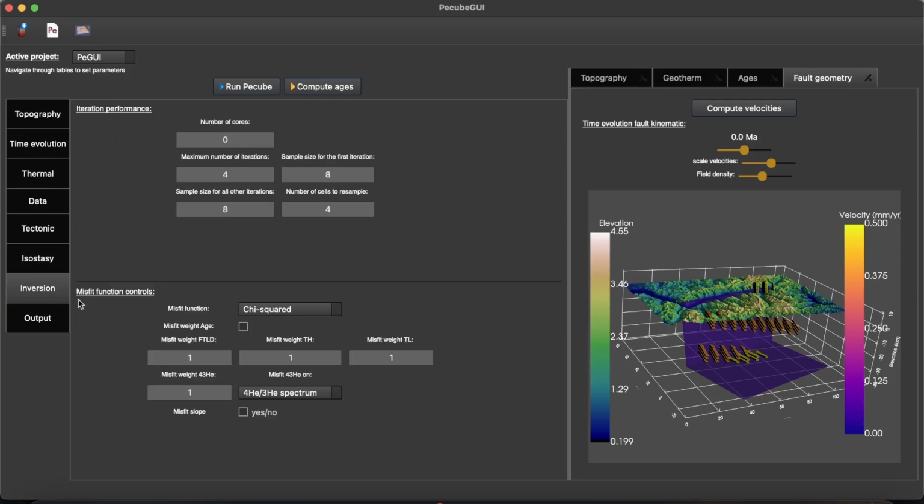Then you have this inversion tab where you can set the number of cores you want your inversion to use, and then all these parameters that set how the inversions will work. You have additional functions for the inversion mode. You can set the misfit function you want, the chi-square corrected. It's basically from equation 9 in Jean Braun's paper from 2012,